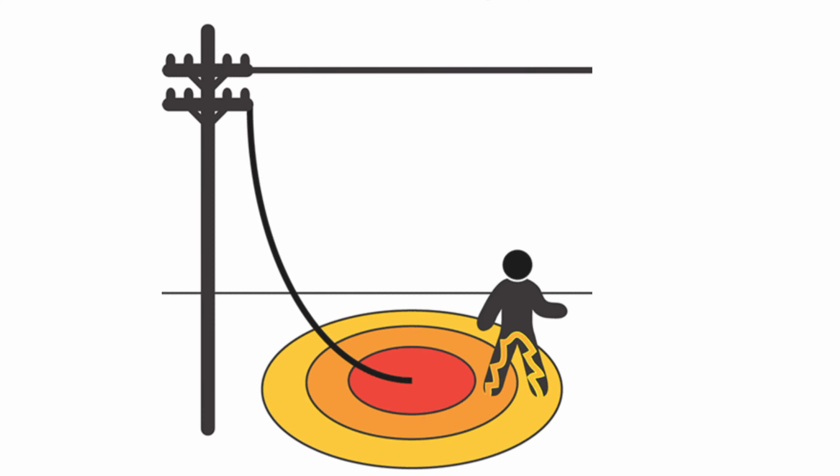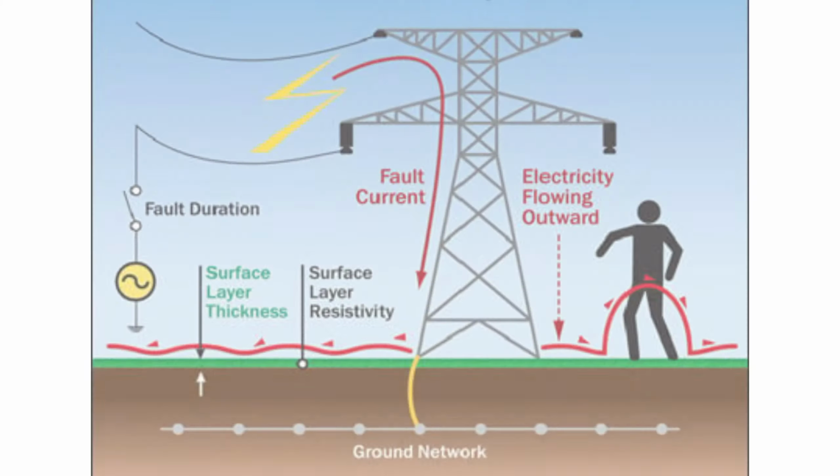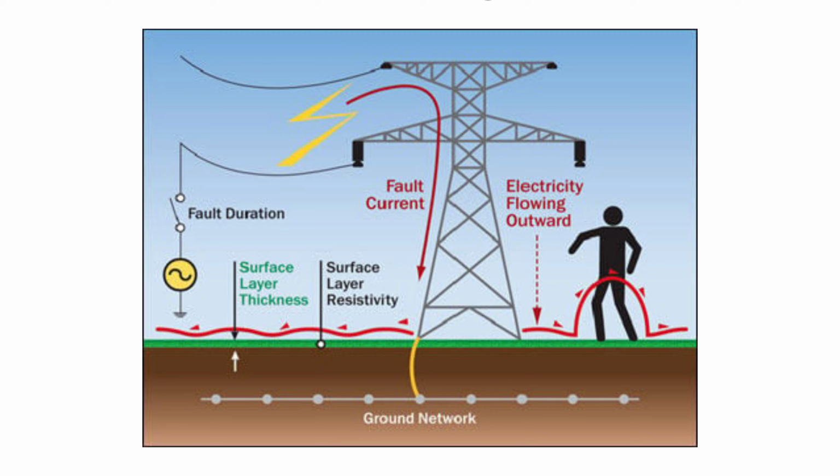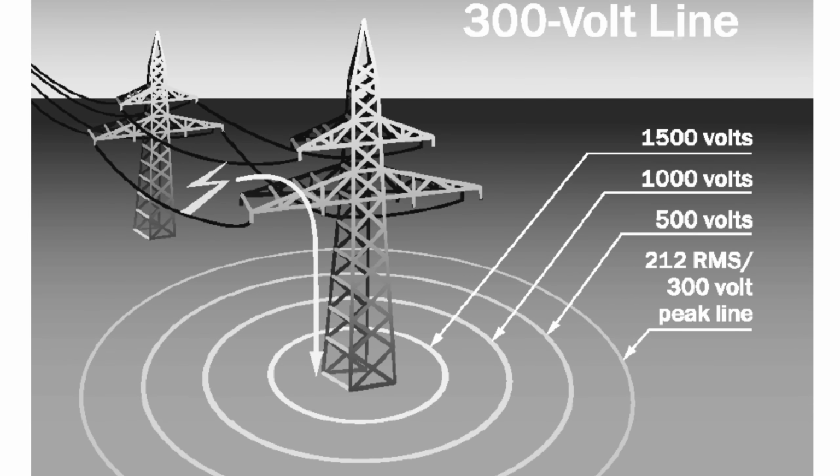So step potential is the dangerous voltage difference between a person's feet when they are near an energized grounded object like fallen power lines, which causes current to flow through the body and risks severe shock or sometimes death. During an electrical fault, the current radiates outward, creating a voltage gradient in the ground,